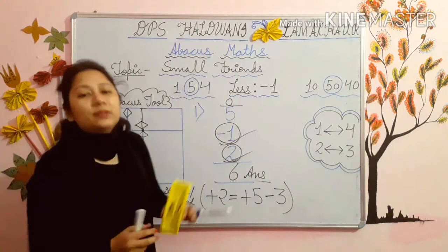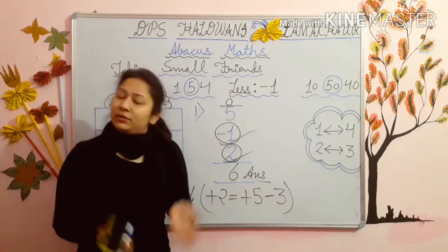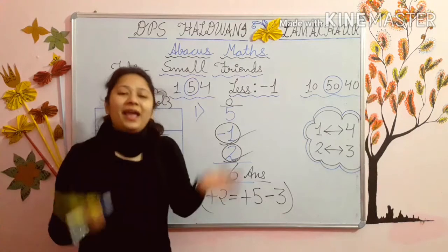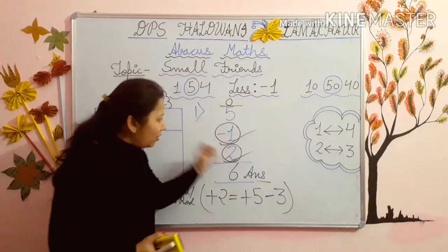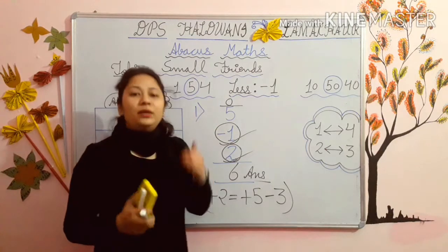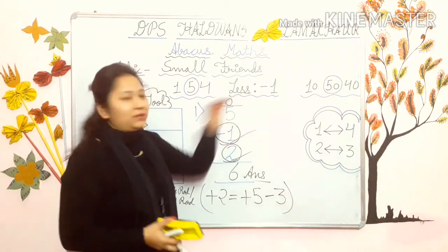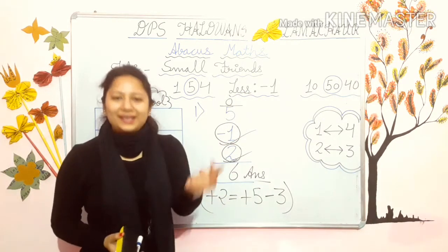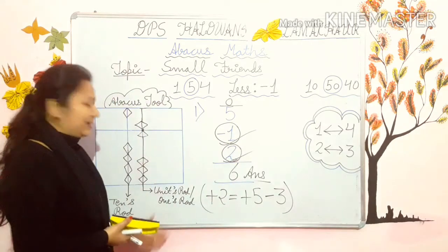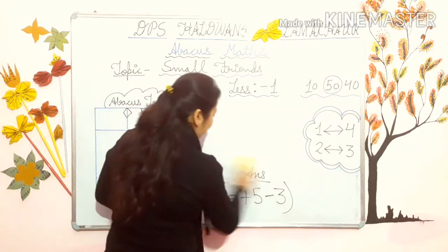See kids, some kids will think that this sum is very easy. We can do it orally also. Yes kids, you can do it orally. I am telling you this list method first of all in the small sums, so that you can know how to apply it. Afterwards, with the help of this -1 method, you can do lengthy sums also in some seconds with the help of abacus tool. So now kids, we will move to our second sum.